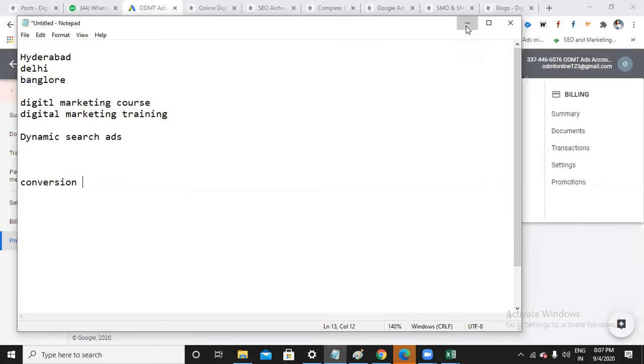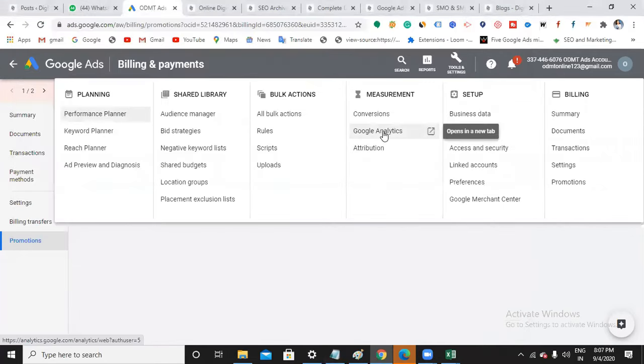You can measure the things with Google Analytics also. So you can connect your Google Analytics account to Google Ads. How to connect a Google Analytics account to Google Ads, we're going to see in the Google Analytics section. If you click here, you will be redirected to Google Analytics, and getting into the admin panel, you can just give the customer ID of this Google Ads. It is very easy. I'll show you when the Google Analytics section comes.